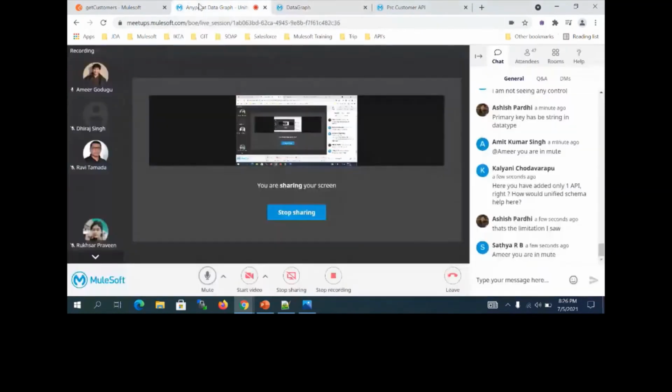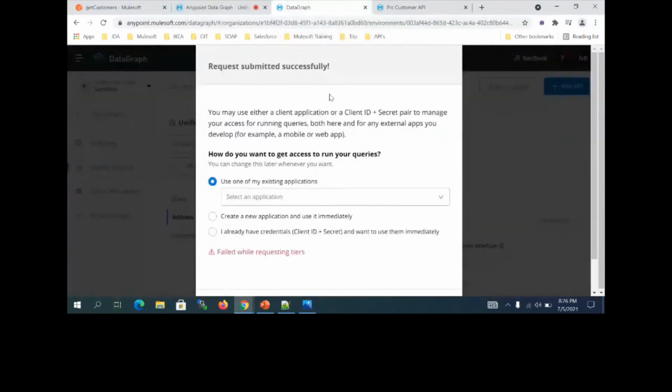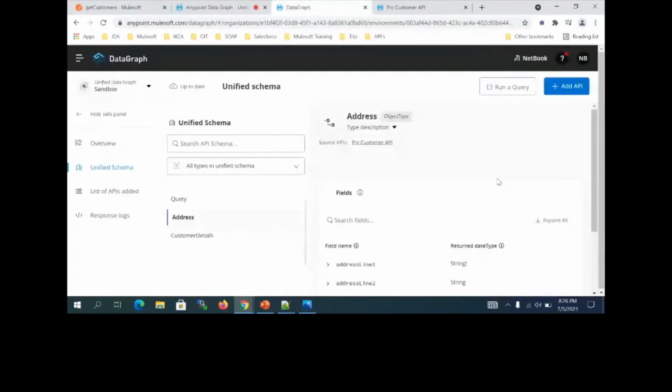But we don't have any documentation. Whatever data the GraphQL exposes, you don't have a document for as of now. Maybe in the future, if MuleSoft enables exporting some document, that might help. But as of now, you don't have that option. Okay.